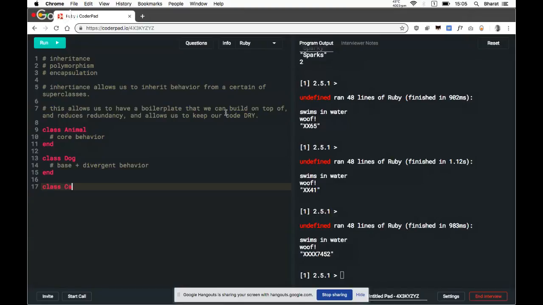And another one will have the same situation, some base plus some divergent behavior, which is again different from this one. Now, in a non-inheritance situation, we would write this core behavior and states again and again. So we would repeat it 3 times. But instead, if we do a simple inheritance, then we just have to define this behavior once.